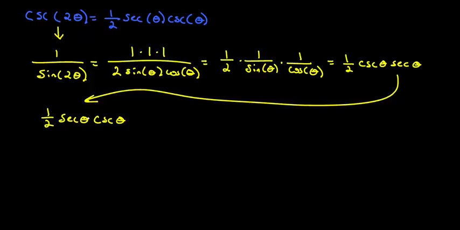Okay, so we've got this. I have secant of theta and cosecant of theta. Now this is theta too as well. Okay, now I can switch the order here to here like I did down here by using the fact that multiplication is commutative. So the commutative property of multiplication